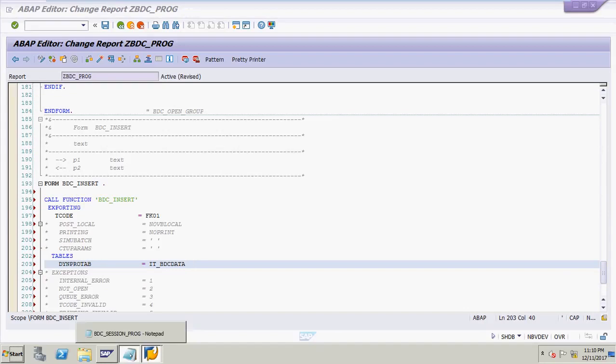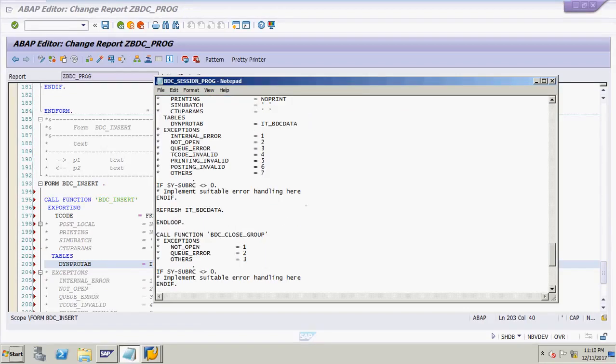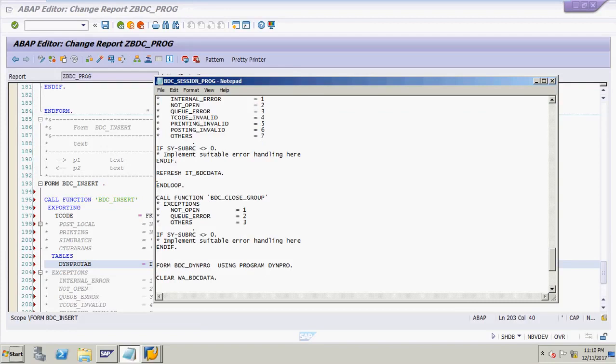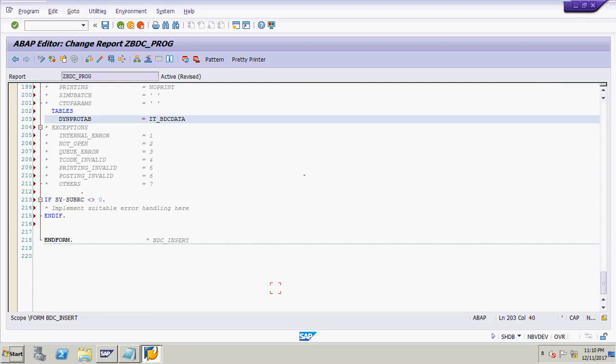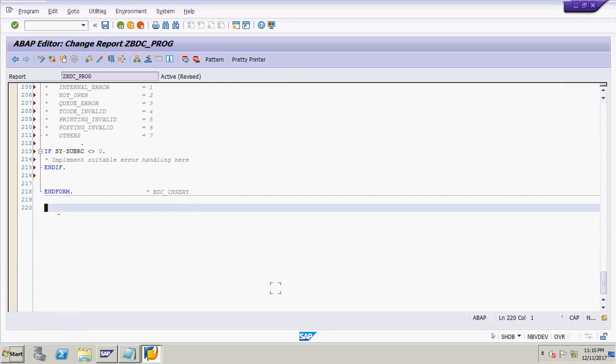Now the last thing is BDC close group. Refresh IT BDC data. IT underscore BDC data.